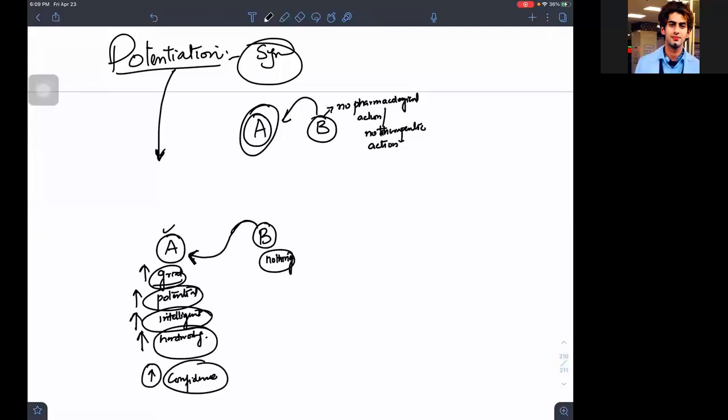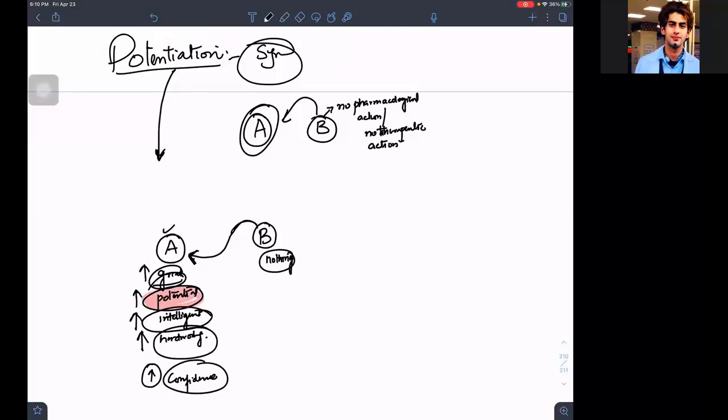That means it was more or less similar to synergism. But in synergism, once I was giving substances A and B together, the sum was greater than their individual effects. In potentiation, I have a B drug like me, who is not having any therapeutic action. But once I am with you, I am increasing your action, your therapeutic potential. So remember potentiation from my example. This way you won't confuse. Potentiation, yes, sir and me. Okay, same thing.